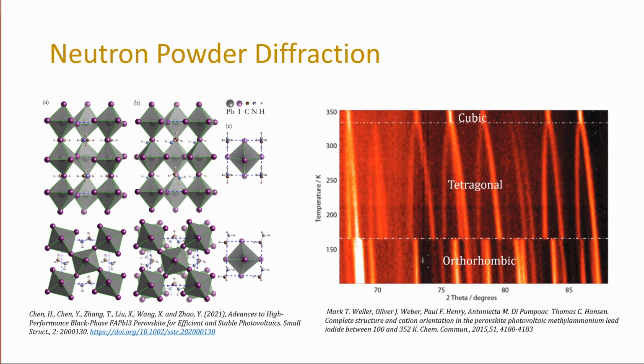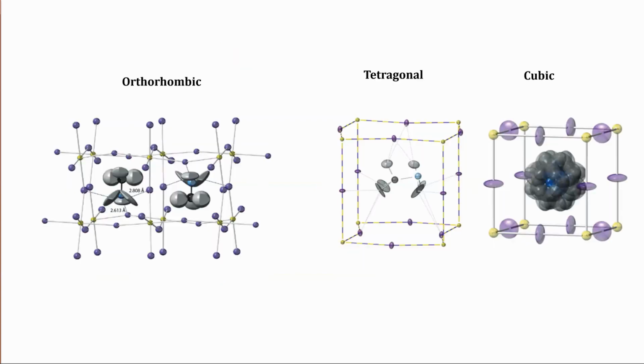so it would not appear at room temperature and is not of use in a solar cell. The right-hand figure shows the intensity as temperature increases and shows distinct shifts at the dotted lines for each phase. And this intensity data was used to find the exact structure of the perovskite, which is shown in these diagrams. The orthorhombic structure was found to be most stable at 100 degrees Kelvin and was found to have an average lead iodide lead bond angle of